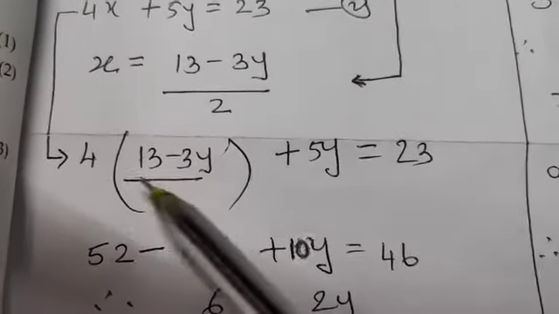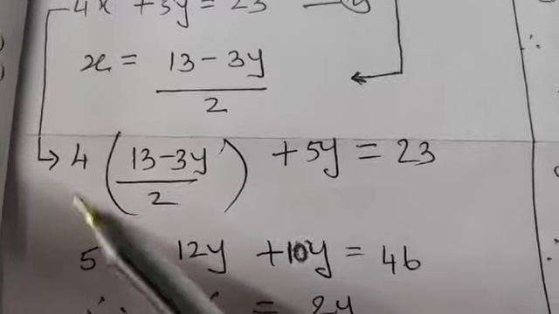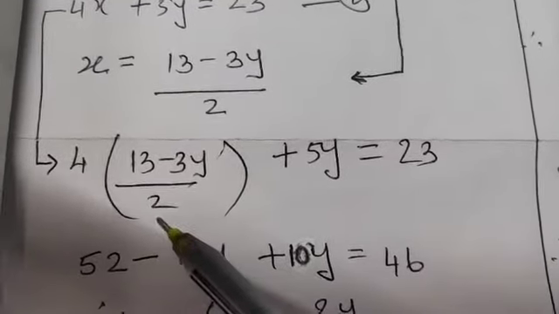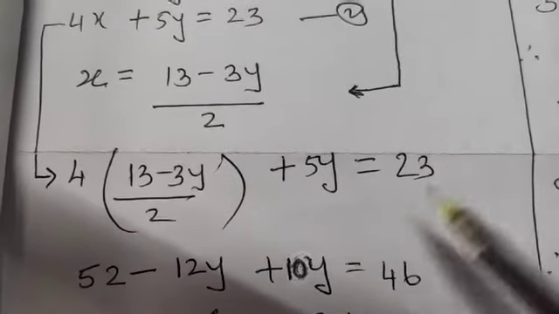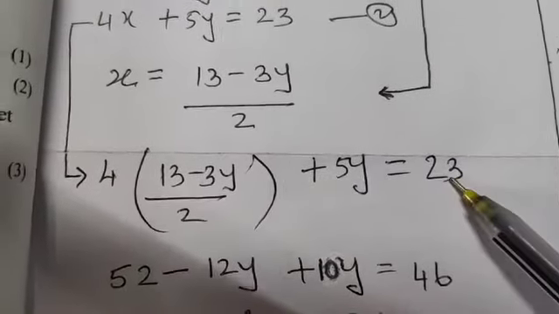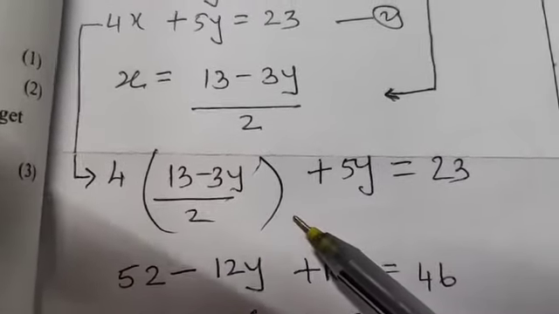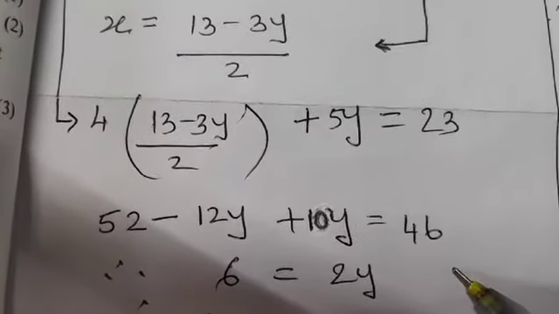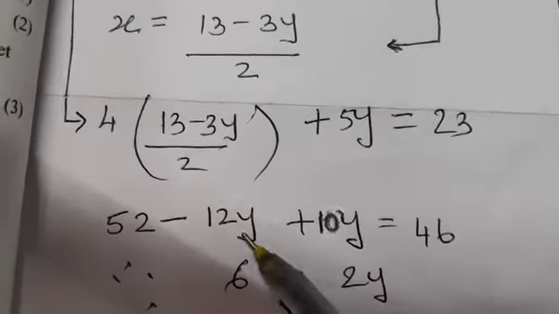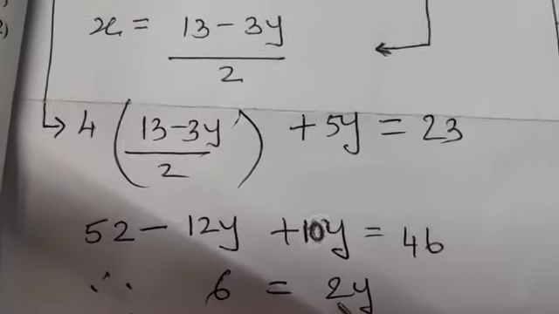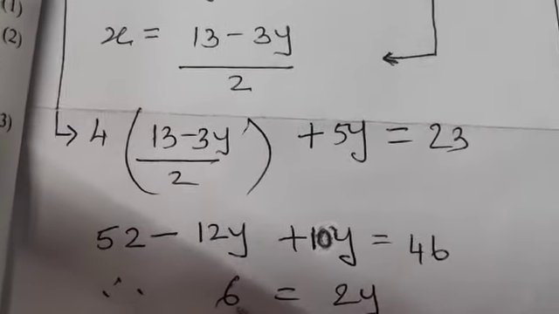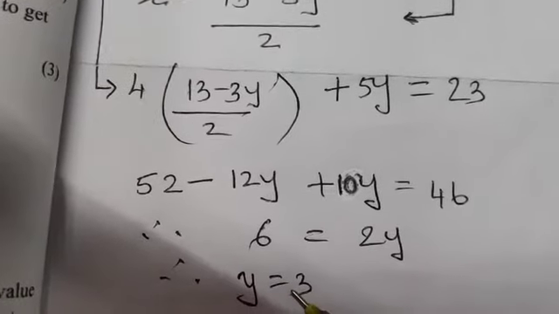Now if you try to solve it, you multiply and open up. 4 into 13, 52, minus 4 into 3, 12y. Plus 2 into 5, because LCM is to be taken, no? 2 into 5, 10y is 23 twos are 46. So this 2 has to be multiplied with both these numbers, because LCM is there. LCM is to be taken. After this it is now the simple form. 12 and 10 will give you 2y, negative 2y, but I have taken it onto the other side, so it is positive 2y. 46, when you bring it, it will become 52 minus 46 is 6. So you get the value of y as 3.